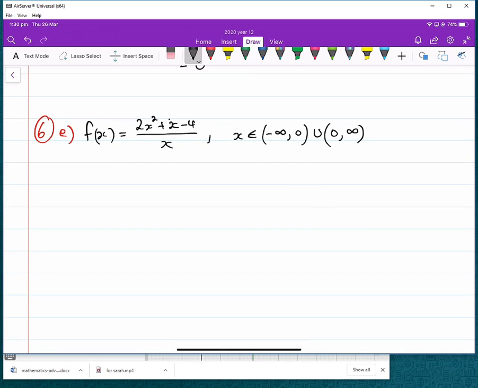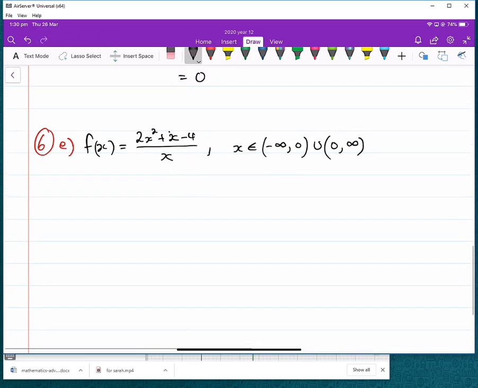And if we go through this and we want to find our primitive function, we're going to say that this is also equal to, and let's separate this up. So because there's only one term at the bottom, this x, we can split this up into 3 parts. The first one, 2x squared over x, is just 2x, plus the next part, x over x, which is just 1, and then minus 4 over x,